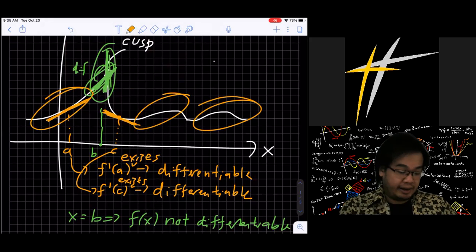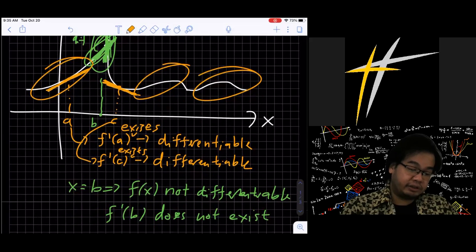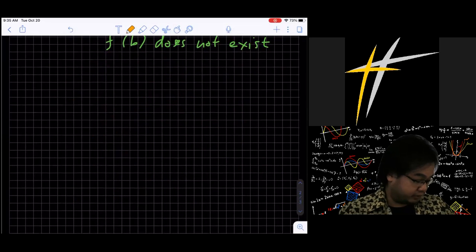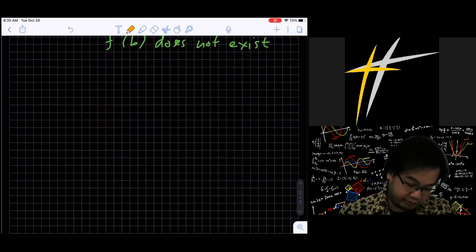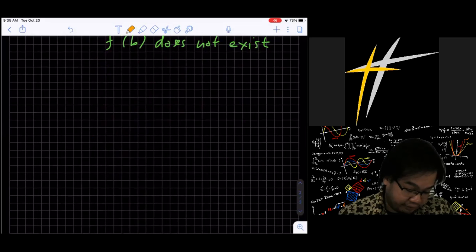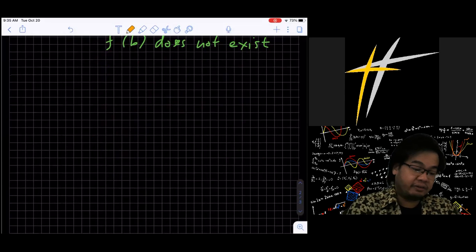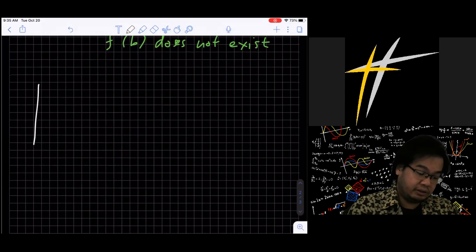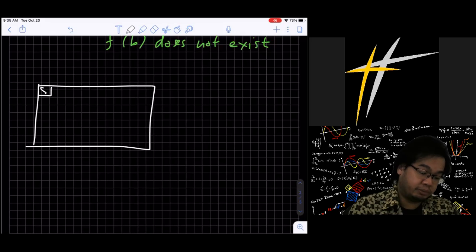Okay. And then another thing about the relation between continuity and differentiability, you can look at your book page 155, which is really important. Property: differentiability implies continuity. So if function f is differentiable at x equals c, then f is continuous at x equals c. The contrapositive of the property: if function f is not continuous at x equals c, then f is not differentiable at x equals c.